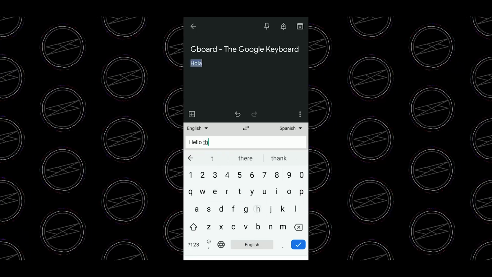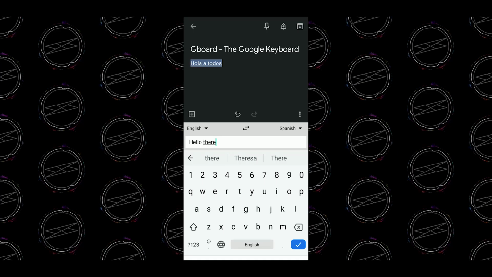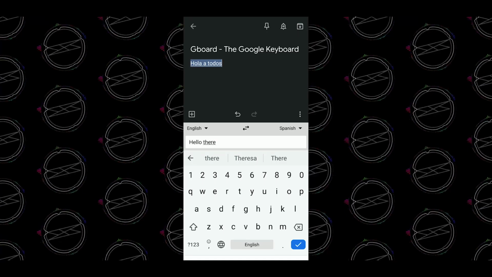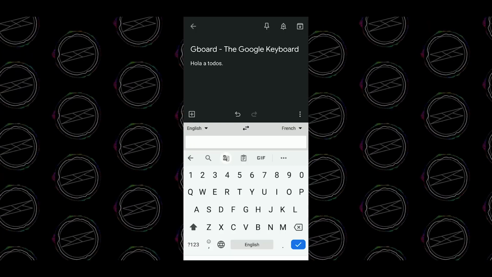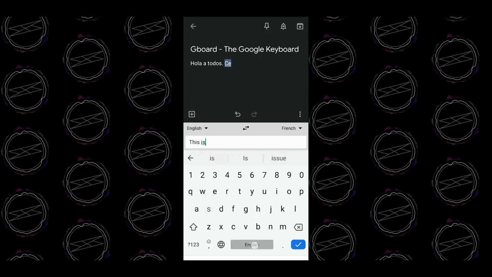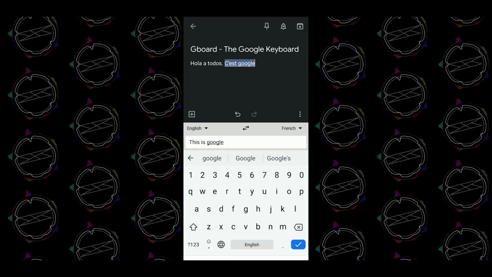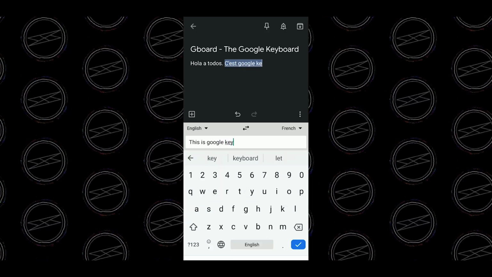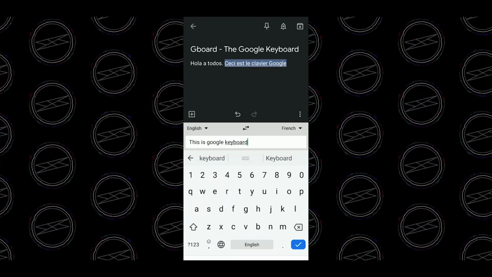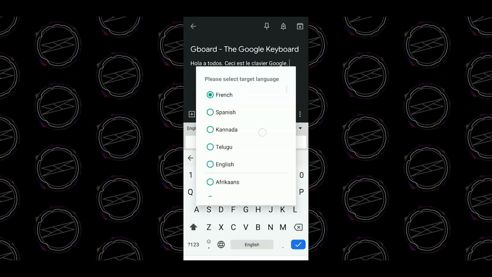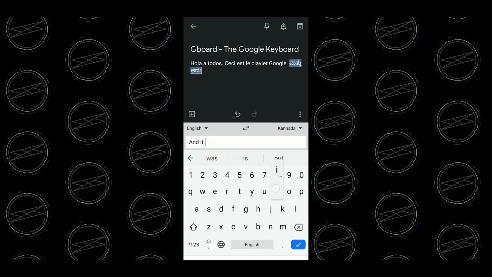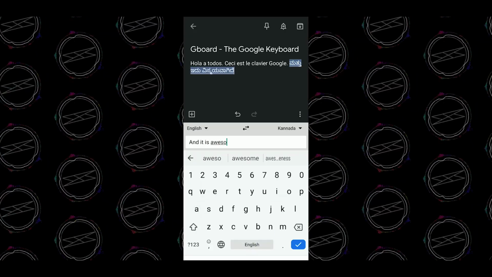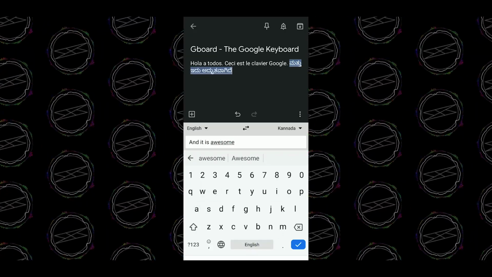I'm typing in English and the text is appearing in Spanish. You can select any language you want and no need to copy the translated text and paste it. Translated text directly appears in the text box as you type. See for yourself. See, no hassle of copy, paste, but it needs an active data connection to work.